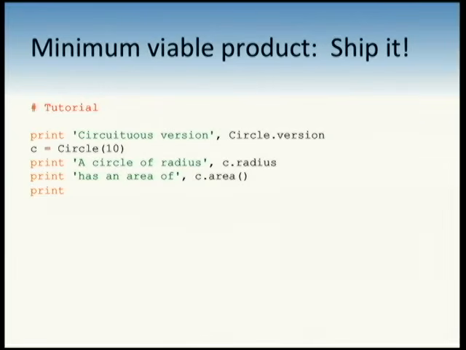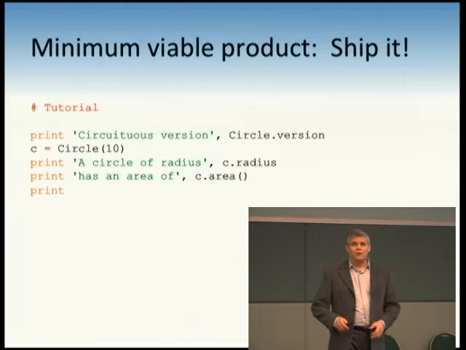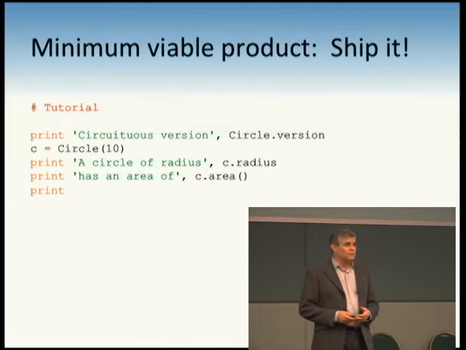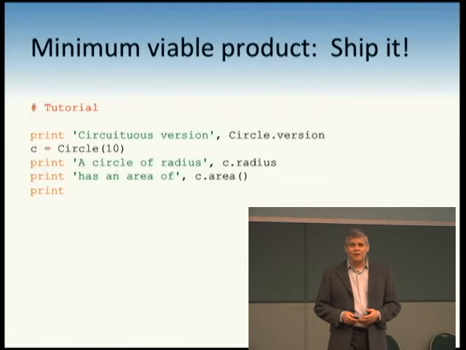All right, so we have a minimum viable product. What do we do? Ship it. So we printed up a tutorial on how to use our class. We can look up our class variable. We can make an instance by calling the class, and we can look up an attribute radius, and we have a method area. What more could a person want, right? It's shipped out the door, and we have to put it in the hands of some people who can use it. Because remember, your customers inform you in a way that you can't be informed otherwise. If you don't have customers, stick it in the hand of some other user. Every new user will stretch it in a different way.